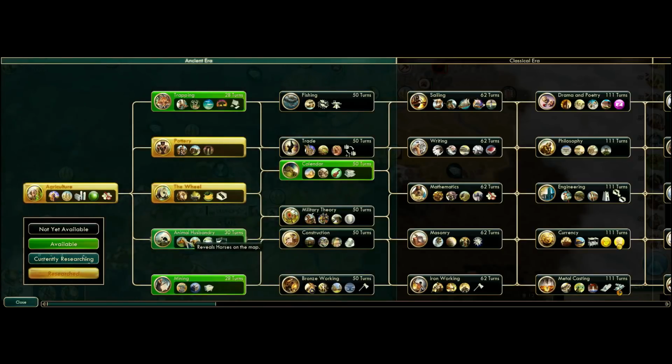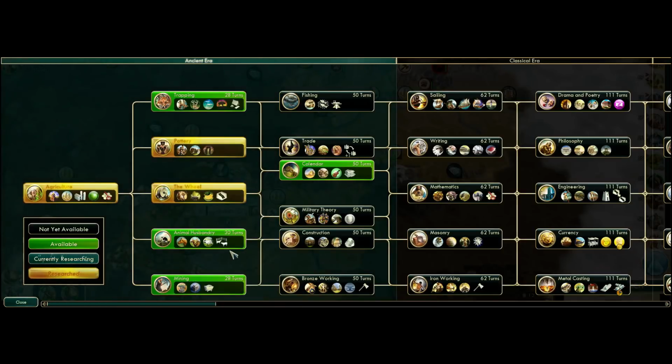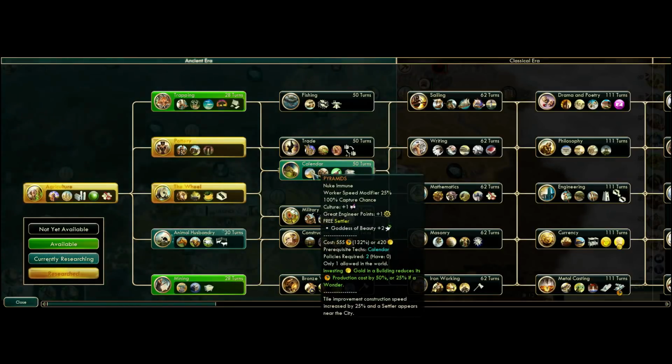I would really like to see if we can get maybe horses. If we could, where is it? We could get some chariot archers early. That would be a huge advantage. Yeah, let's do that. Let's go animal husbandry. And I'll still wait with mining. I'm not sure about that. If we lose calendar this time... I mean, if you lose pyramids this time... well, so be it. Another problem is that we don't have the social policies, so...